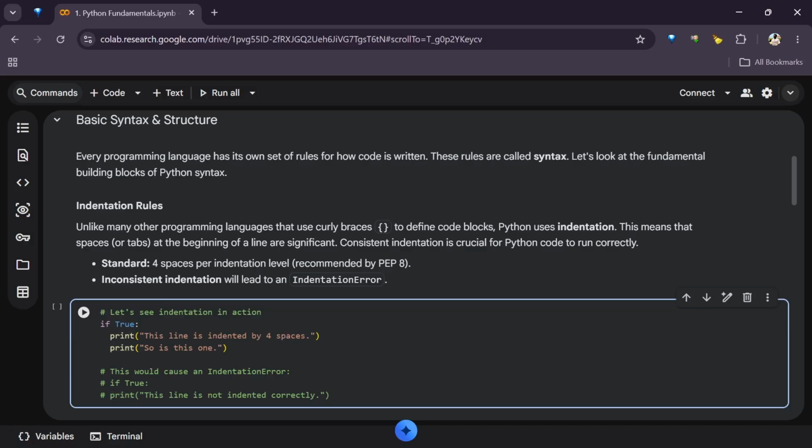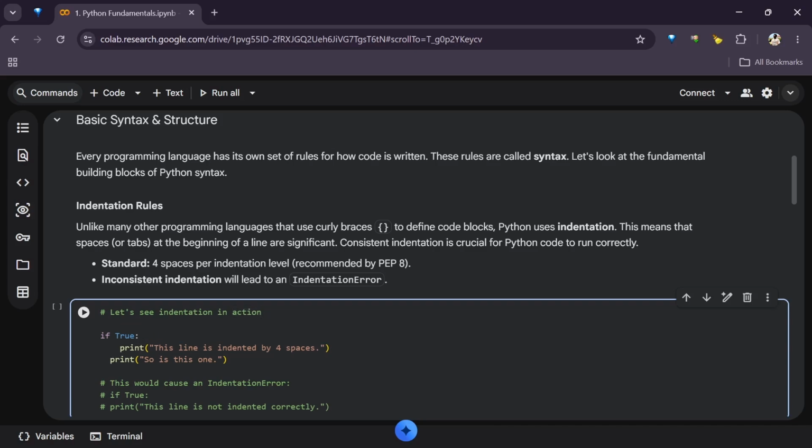Let me take this back. If I press tab now, you can see I get 2 spaces. Let me take it back again. If I type 4 spaces myself, 1, 2, 3, 4, you can see the indentation level is different. By the way, what is this that you're staring at? There's nothing to worry about. It's just a simple conditional statement saying if true. If what is true? We don't know for now. We're just saying as long as this is true, then it should print this line, indented by 4 spaces.